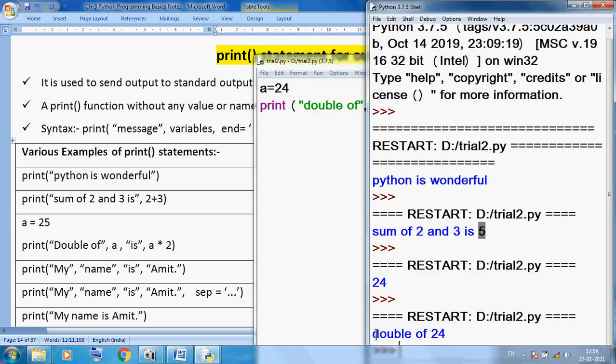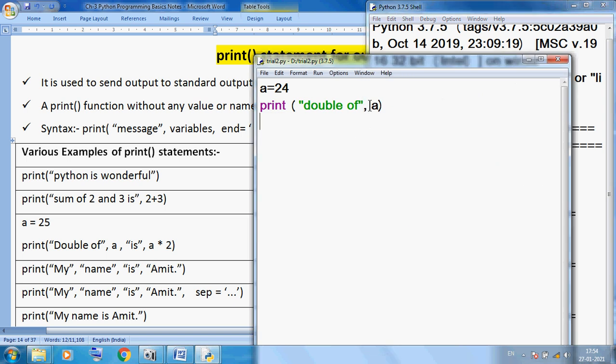You can see "double of 24" simply, but here I want to give a proper message. Here it will give the message, but here a will display 24. Here I am using a multiplied by 2. So you can see message, variable value, message, then variable value with calculation. This is the advance of the print statement.